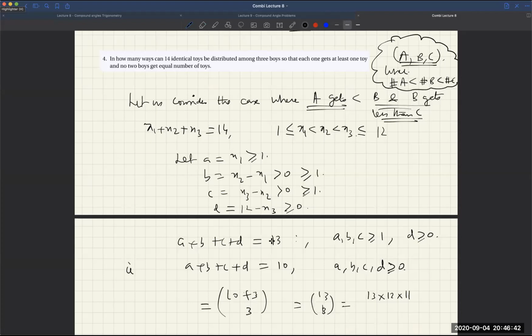Okay, and I get this 12. So if I add these equations, I'll get 12, and from this I get, if I give 3, I'll get 9, and 12 choose 3. But still, this is a big number, I feel. Into 11 into 10. So, no, this cannot be the case. Just let me think for a moment.